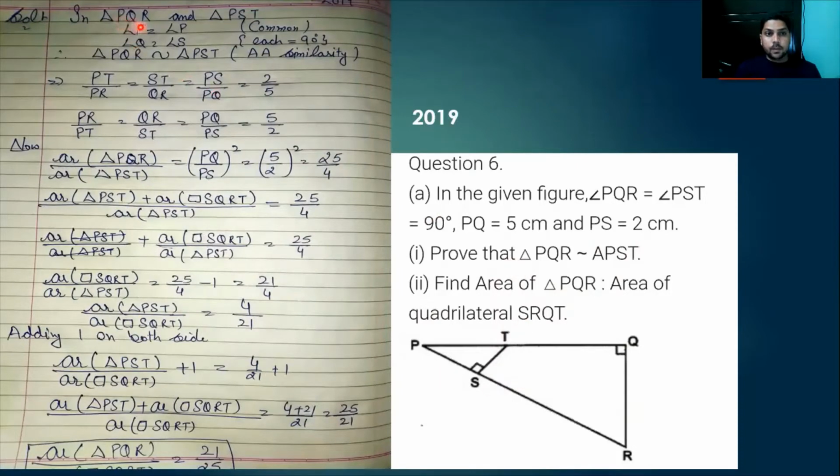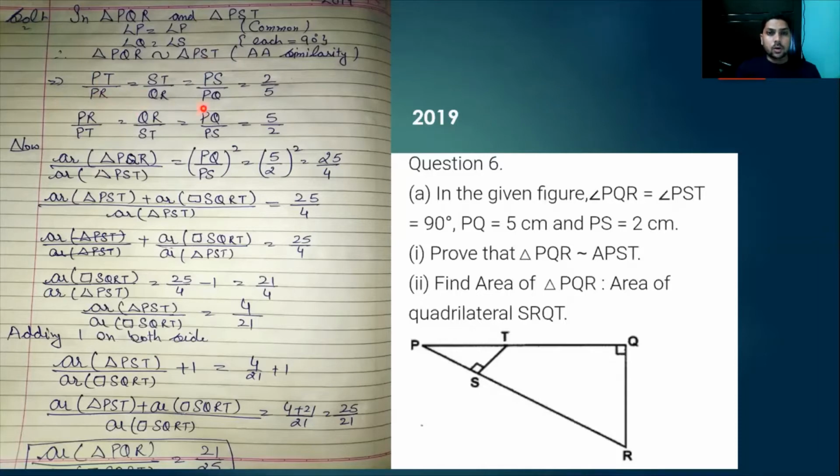Now, beginning with the comparison of the two triangles. First triangle we have PQR and second triangle PST. One angle P is common in both triangles, and also angle Q is equal to angle S, which is 90 degrees. So the triangles are similar on the basis of angle similarity. If the triangles are similar, then their corresponding sides are in proportion.